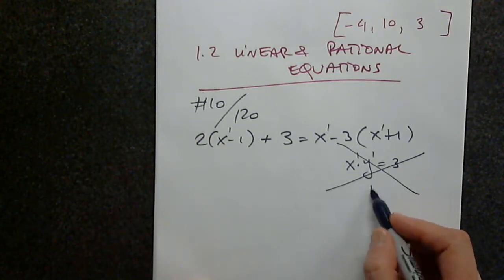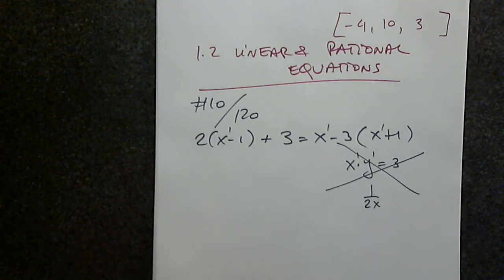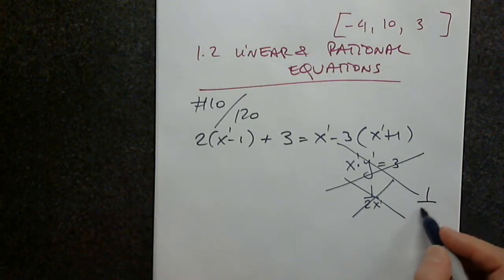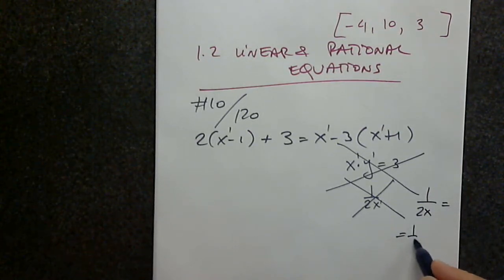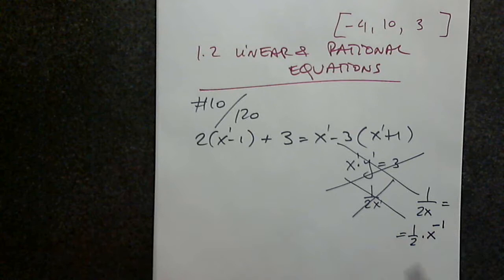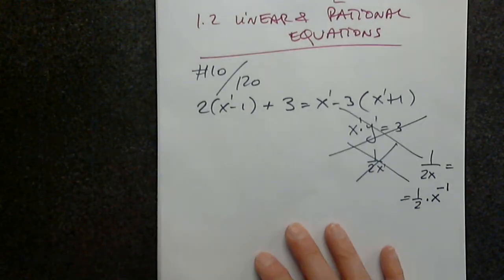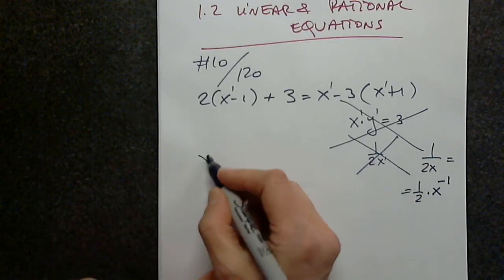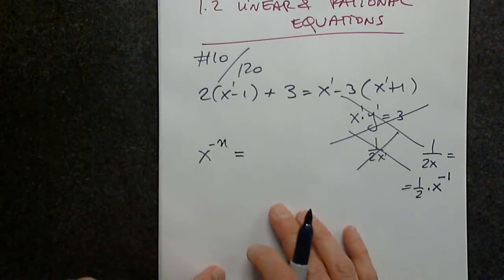What about 1 over 2x? This is not linear. You can say, but there is power 1. No, it's not. 1 over 2x is 1 over 2 times x to negative 1. So let me refresh your memory. X raised to negative n is the same as